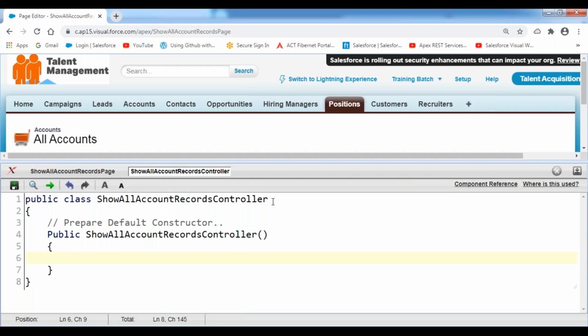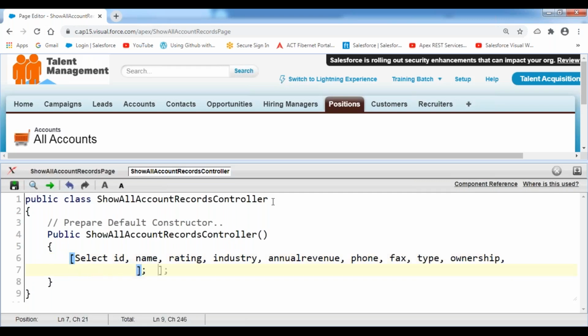Now, show all account records control. Here what we need to do, we need to write an SOQL query for it. Select Id of the account, name, rating, industry, annual revenue, phone, fax, type, ownership, active status, from account,